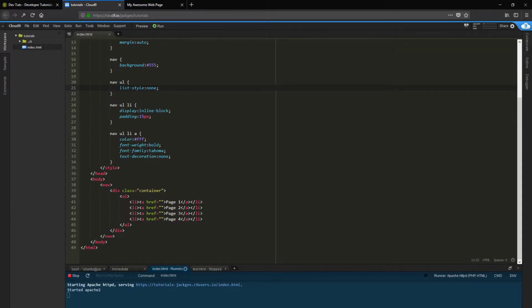So we can move on to the header now because we've got our navigation done. Because this container is inside these tags here, we're going to have to create a new one outside of these tags. So div class container,